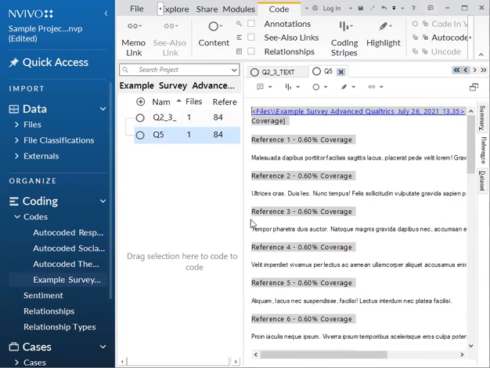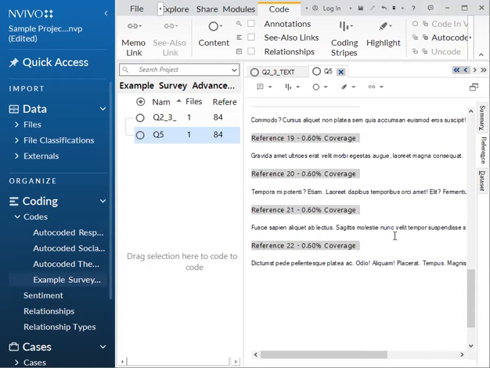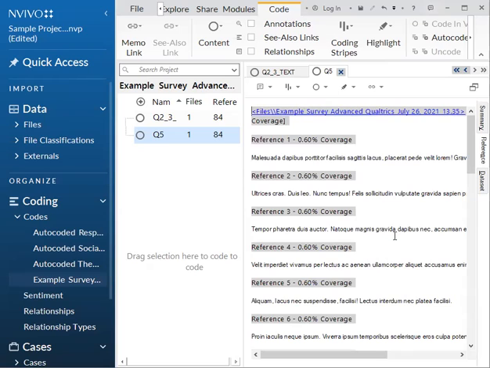So for the example surveys, since they are just test responses from Qualtrics, which are just fake responses that Qualtrics creates to test your survey, they will not make sense, but that's okay. So these are the responses for the 2 open-ended questions we had.